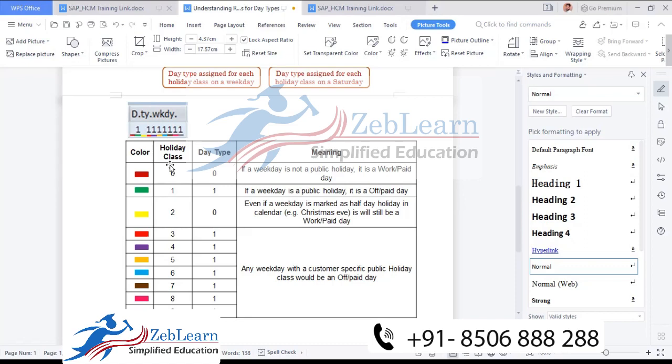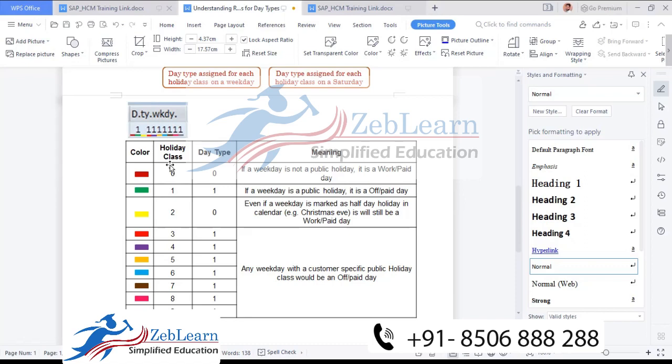You need to understand that you configure it according to the customer. Like I'm going to create one holiday, Independence Day. Independence Day will be a full day holiday, half day holiday, or working day, and you select according to the customer's decision. Now Christmas Day will be a half day or full day holiday. On the day before Christmas, in European countries there is a festival celebrated on Christmas evening. So Christmas evening will be a half day, full day, or working day. So how do we use it for that purpose?